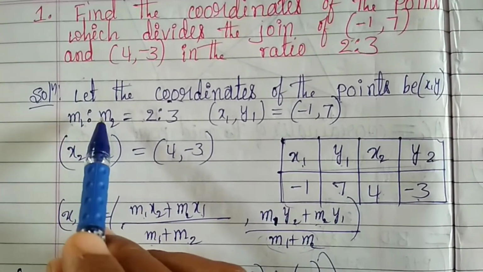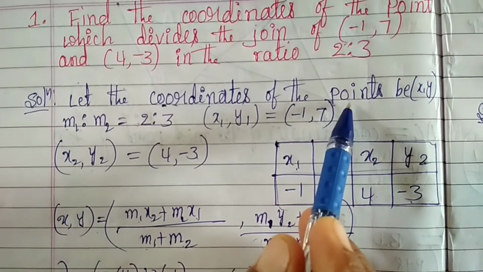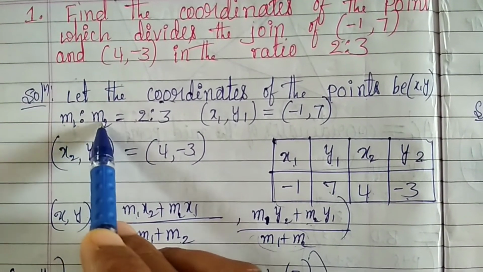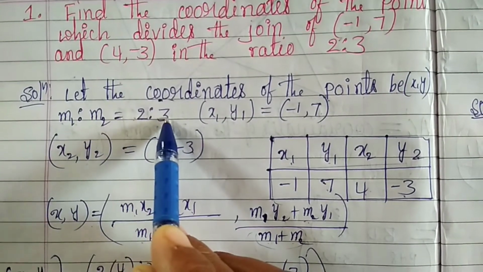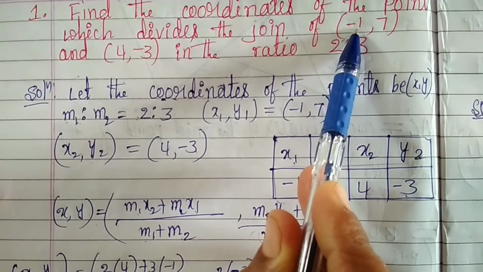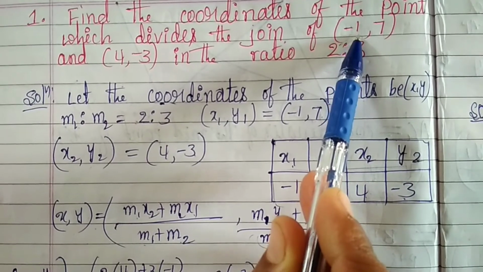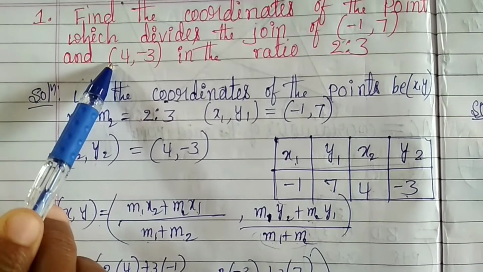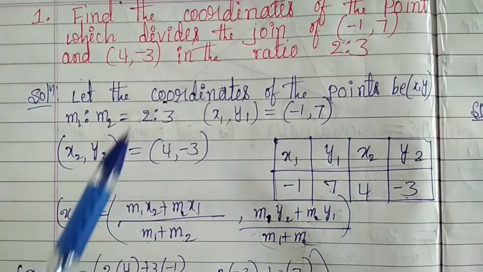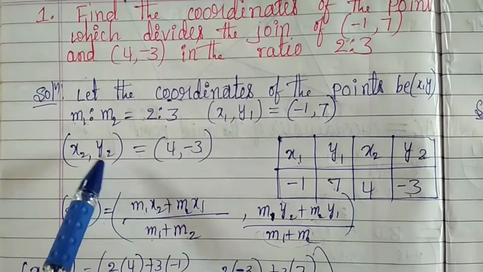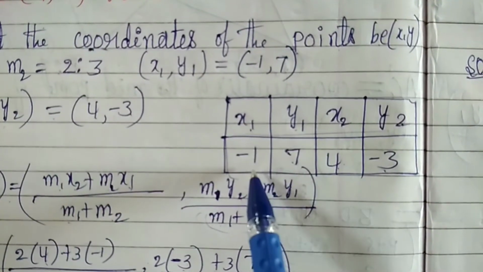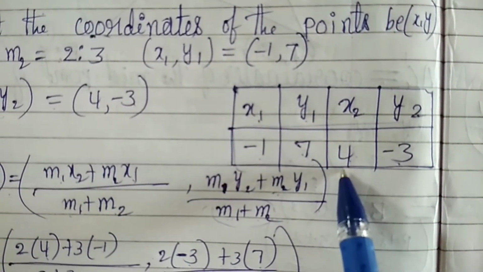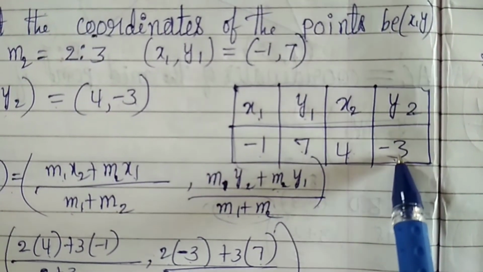Dear students, we take the coordinates of the point B as x comma y and also take m1 is to m2 is equal to 2:3. The coordinates of A is x1, y1 is equal to minus 1 comma 7 and the coordinates of B is 4 comma minus 3, equal to x2 comma y2. We take x1 is equal to minus 1, y1 value 7, x2 value 4, y2 value minus 3. Apply the